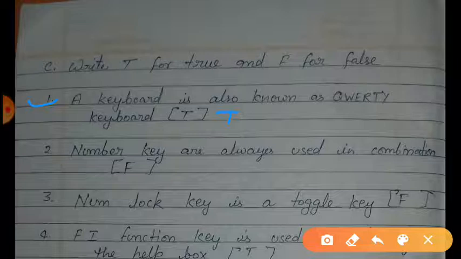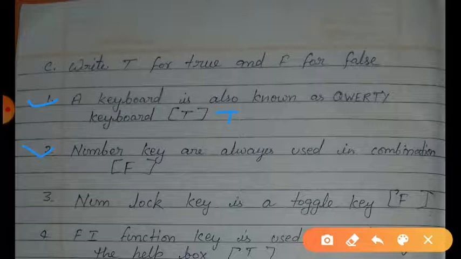Now come to question number second. Number keys are always used in combination. Dear student, this statement is false. Because only the shift key and the control key are used in combination with other keys.